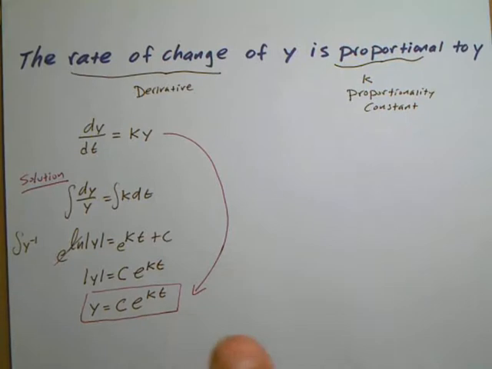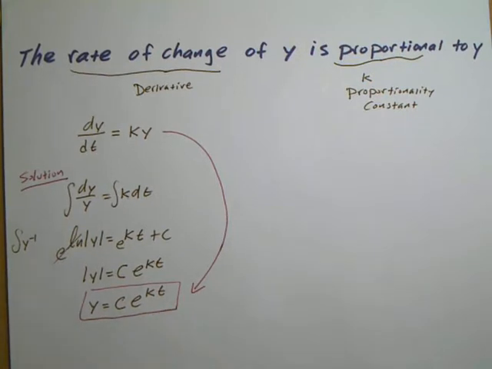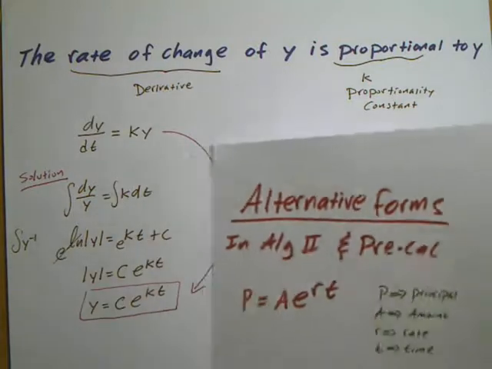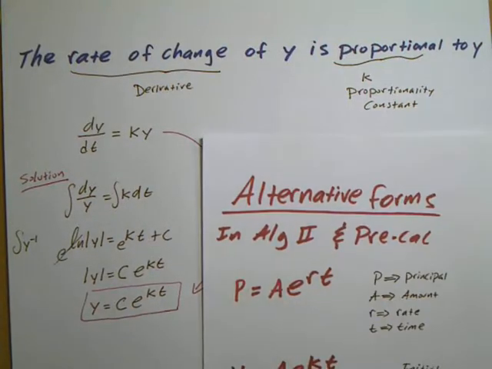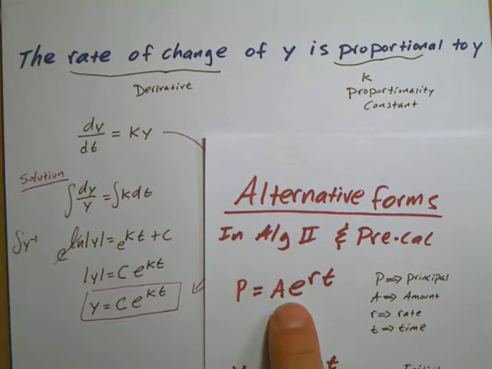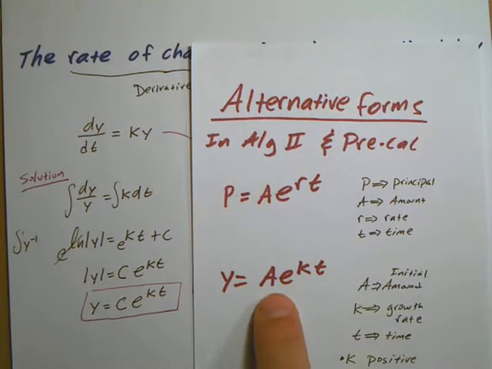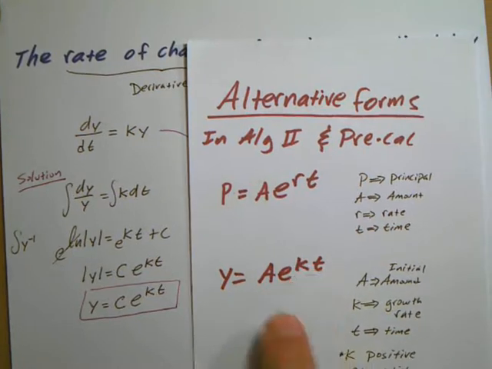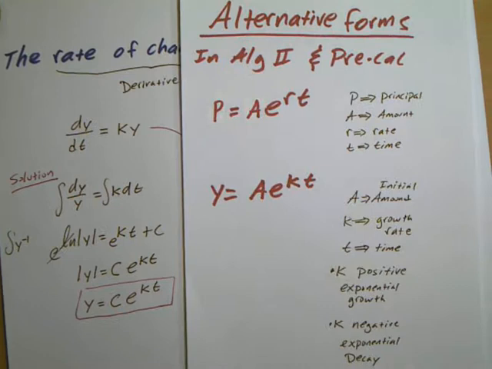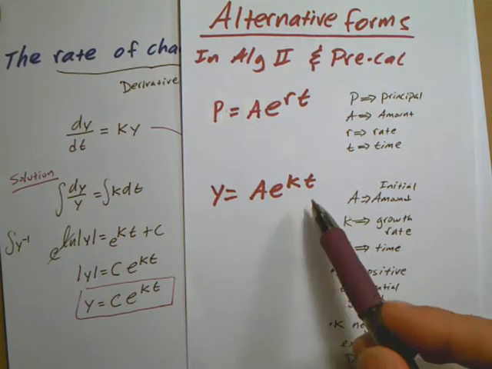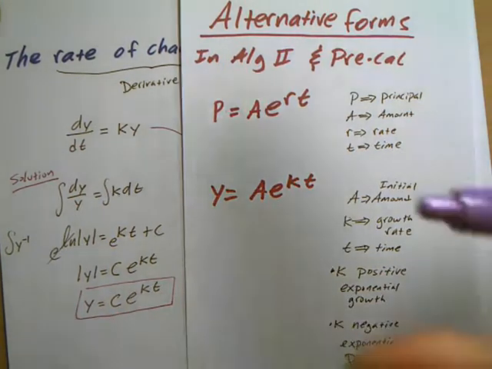So the significance of this is that the solution to this differential equation is this. It's exponential. You might recognize this as exponential growth or exponential decay. So this differential equation has this as the solution. And you might have seen this before in pre-calculus and definitely in algebra 2. We talk about compound interest. You might have seen this formula where A is the amount, R is the rate, sort of like the decimal they give you, or the percentage,